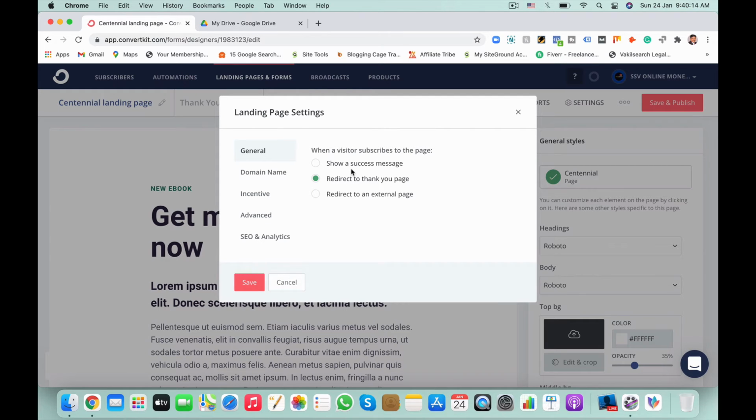If we do not select that, it will show the success message alone and will not redirect to the thank you page. So we have to select redirect to thank you page.